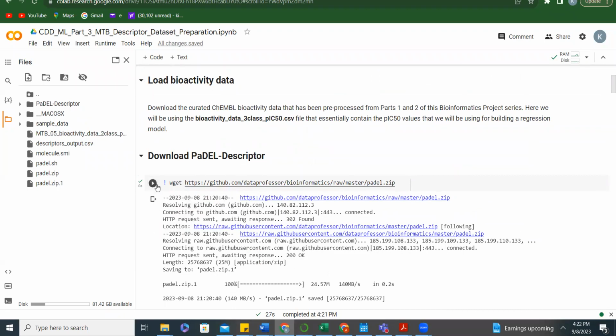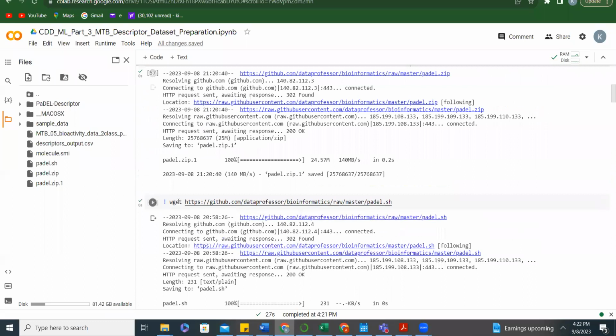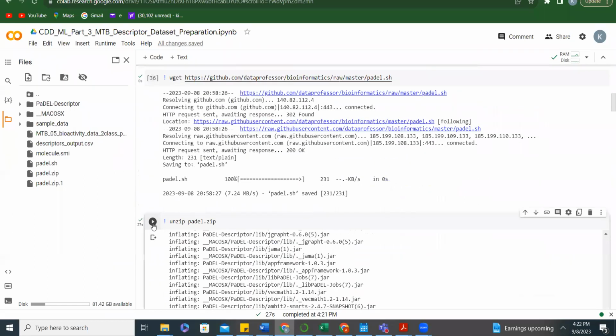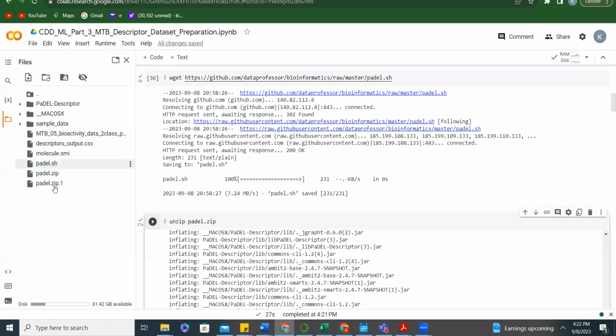On Google Colab, just come to the line. You will see this play. Just click on it. It will run the script. Move to the next one. I have it here. Click on this play icon. It will run that. So as I'm clicking on this, it already zipped the file, and that is why you can see all the